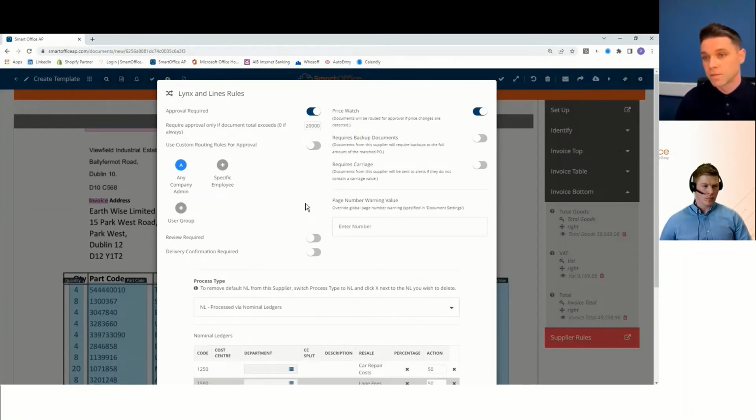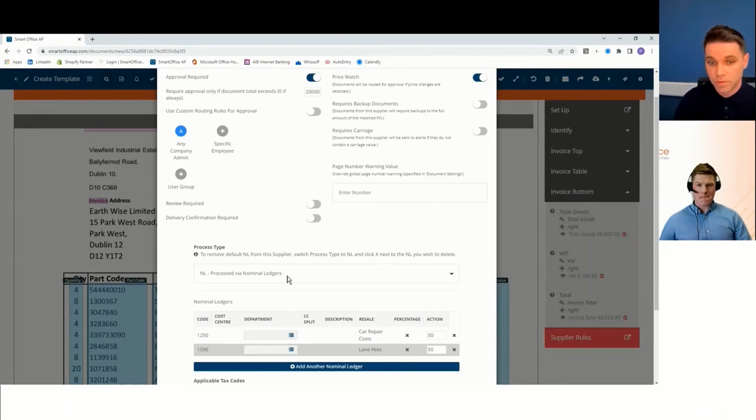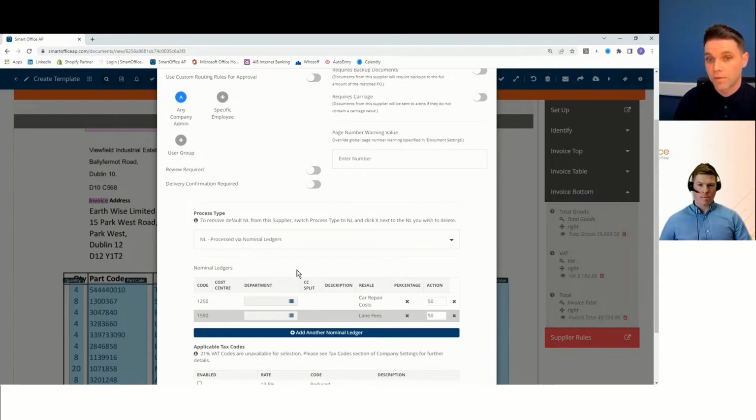Again, this is customizable per your workflow, depending on what your requirement is. Whatever approval matrix that you use, whether it's as simplistic or as complex as you want, it's catered for in here. We process nominal ledger invoices, PO invoices, or both. So whatever way that it's coming in and whatever reference method you use, there's no problem.